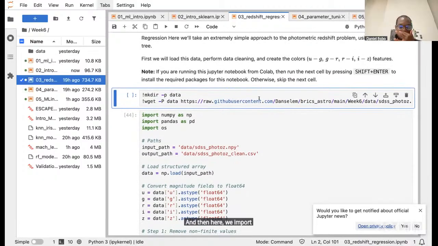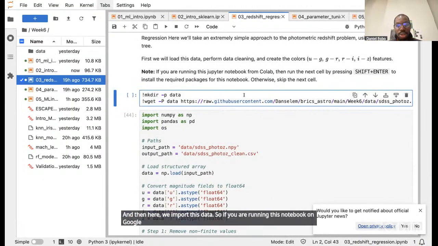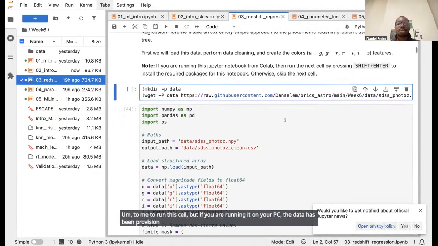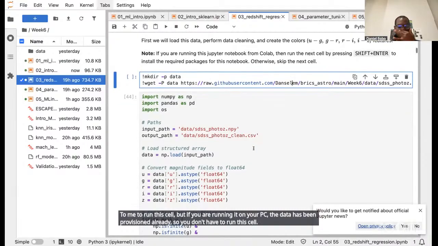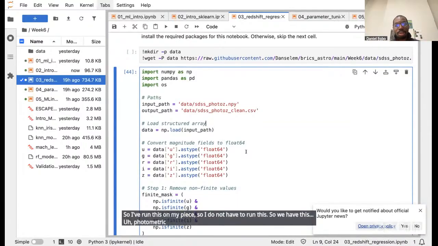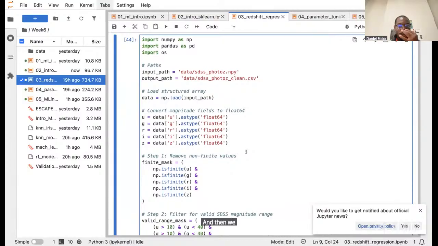So if you are running this notebook on Google Colab, you need to run this cell. But if you are running it on your PC, the data has been provisioned already, so you don't have to run this cell. I'm running this on my PC, so I do not have to run this cell. So we have this SDSS photometric redshift data set, and then we try to clean the data set